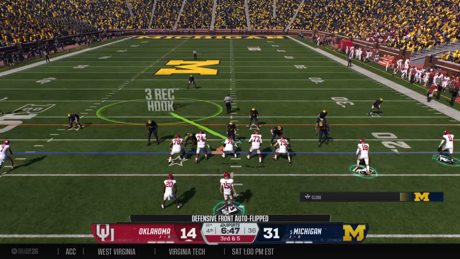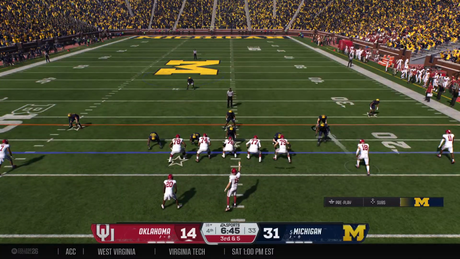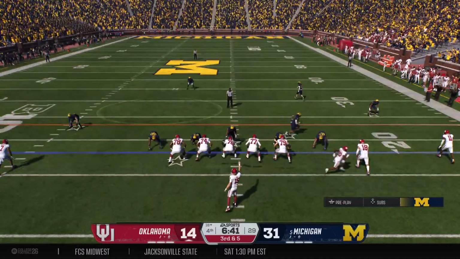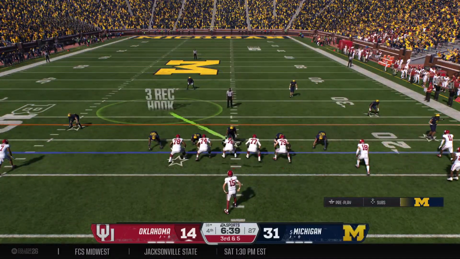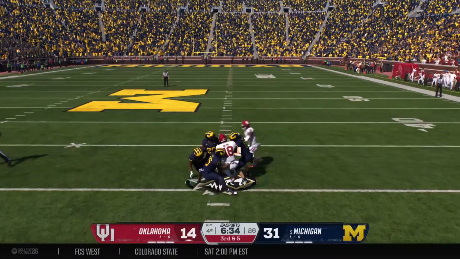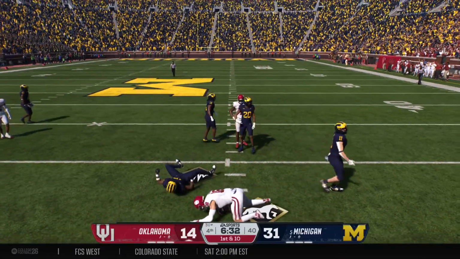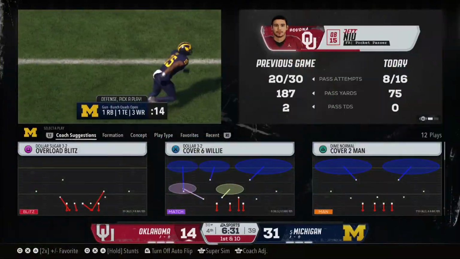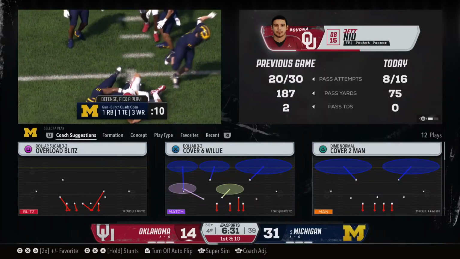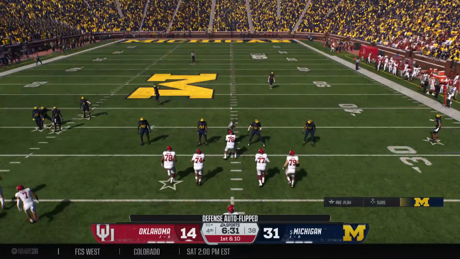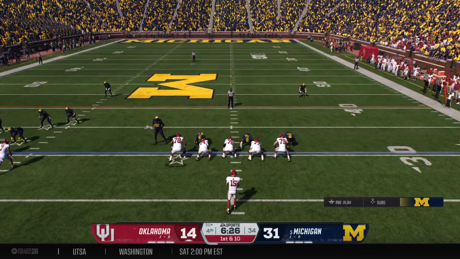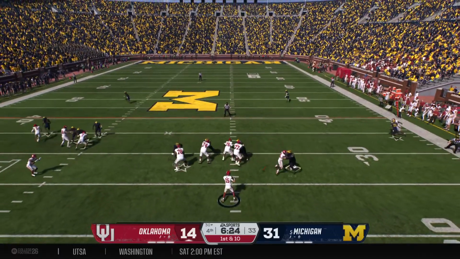Let's see what they have in the bag on 3rd and short from their own 18. Gets the back moving. In the gun and looking to throw on 3rd. And they complete it, convert, first down. The marker, it's Helms. A little more space, open up that playbook even more as they pick up the first down out to the 30. And it's on 3rd downs like this, if you want to attack the middle of the field, you got to look for the tight end.